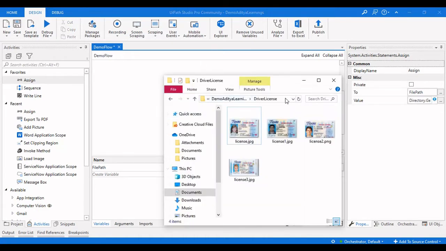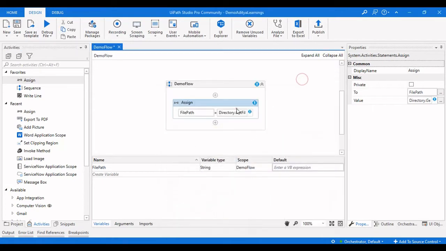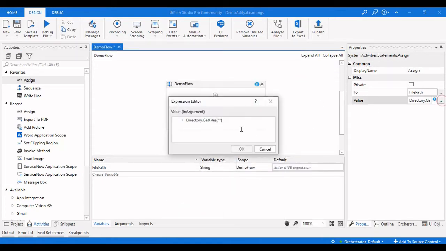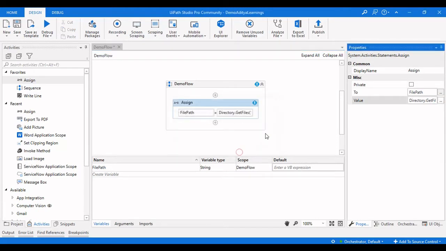So let me go there and copy the folder path here. So now we will get all the files in that particular driver license folder.